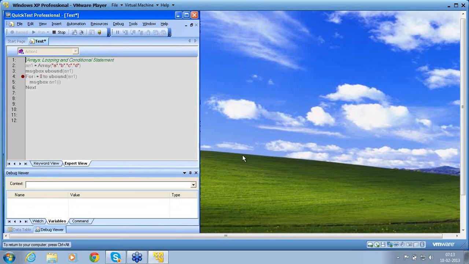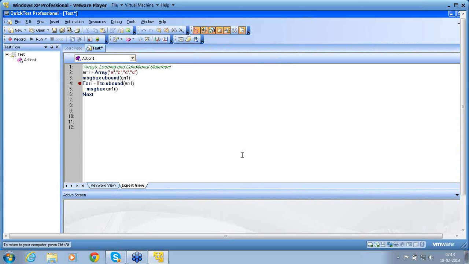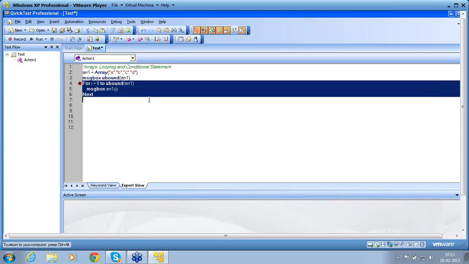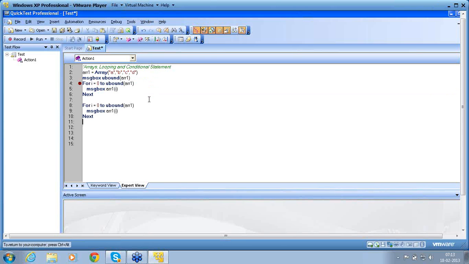So creation of loop, there are several ways you can create a loop. Here we are doing it with the for loop, that is the most used one. For a for loop, you need to know the destination, that means where to start, where to end. If I want to start with 0, I want to use step 2. Step 2 means it will increment by 2, 0 to 4. It will increment by 2.